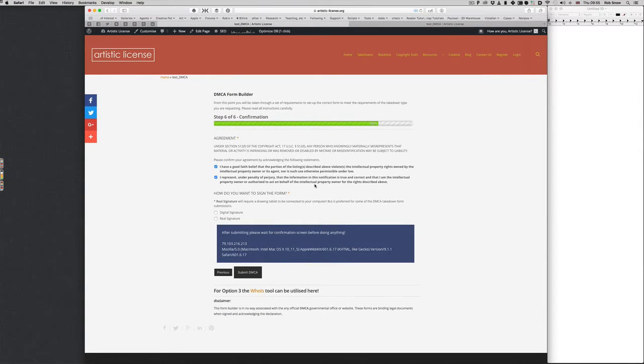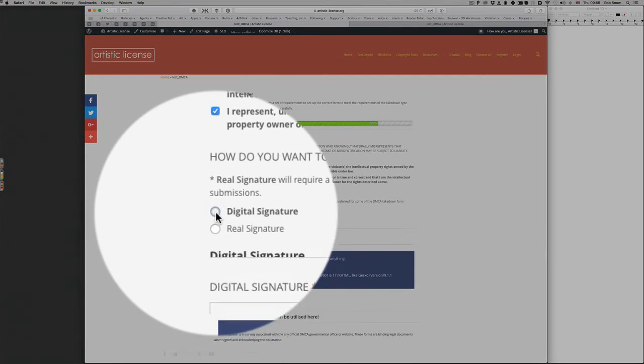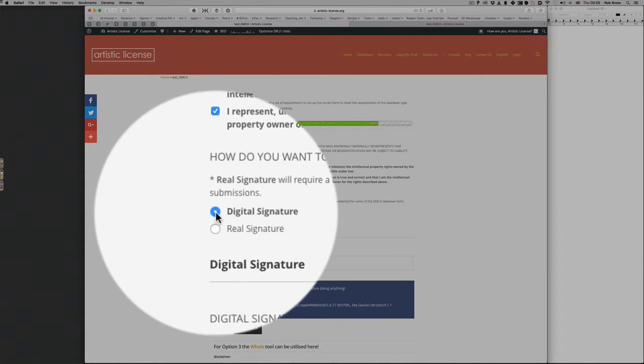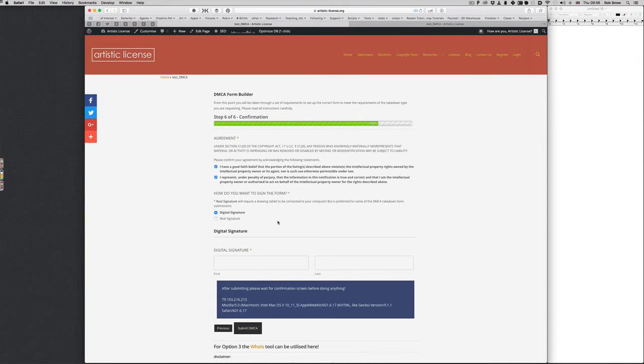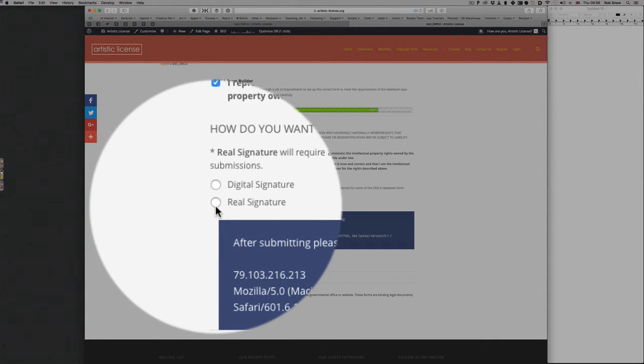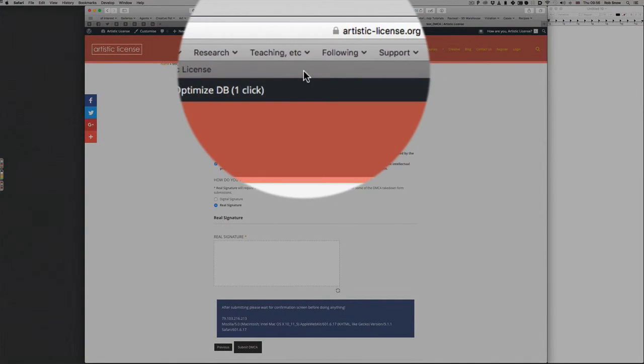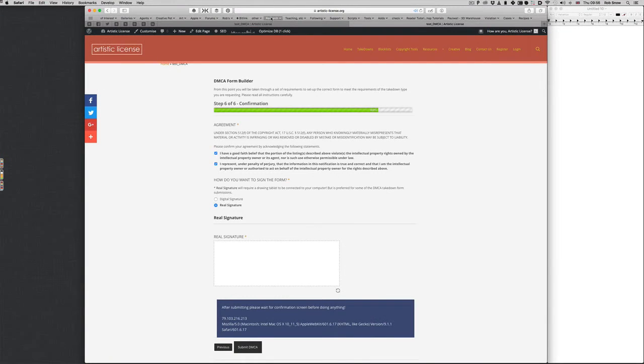Alright, now what I'm going to do here is I'm going to do 2 different options again, and there's 4 options for each form basically, if you think about it, but I'm going to just show you alternate ones for each one. Now most of the time a digital signature, you'll see this on most of the online forms, will be good enough, but you may want to add a real signature. This is if you've got a tablet assigned to your computer, so you can do the option of both. So on this one I'll do a digital signature, on the agent one I'll do a real signature to show how it works. You notice you'll get a little palette thing that you can write a